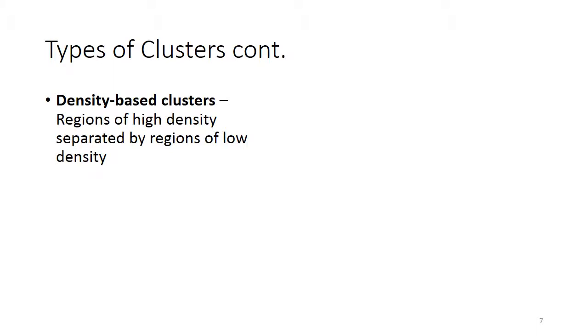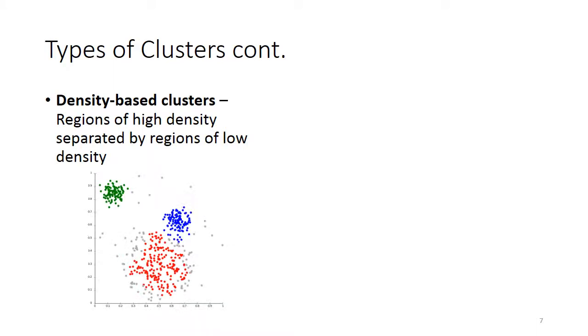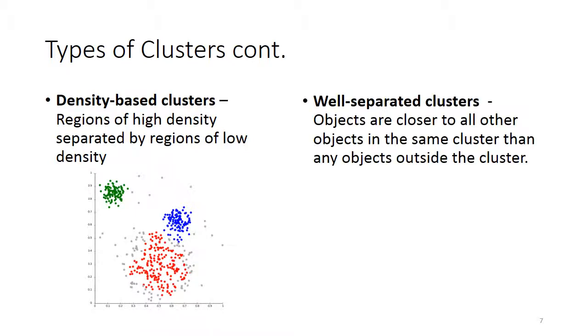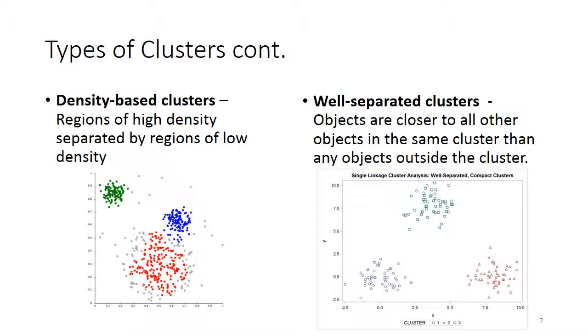And then we also have density-based clusters, which are just regions of high density, here represented by the red, blue, and green clusters, separated by regions of low density, as we can see some scattered points here in gray. And then well-separated clusters, in which the objects are closer to all other objects in the same cluster than any objects outside the cluster. So unlike the previous slide, where we had green and red points closer to each other than to other red and green points, here we can see all the red and green points are closest to